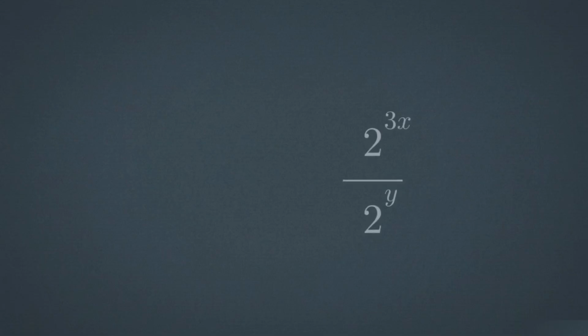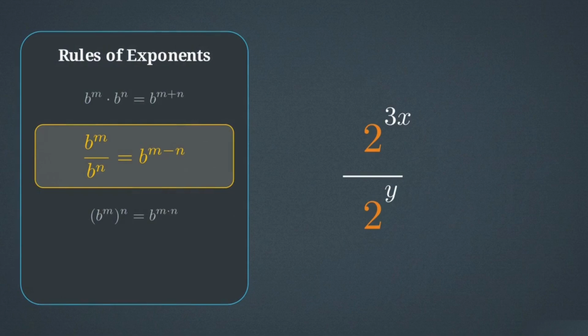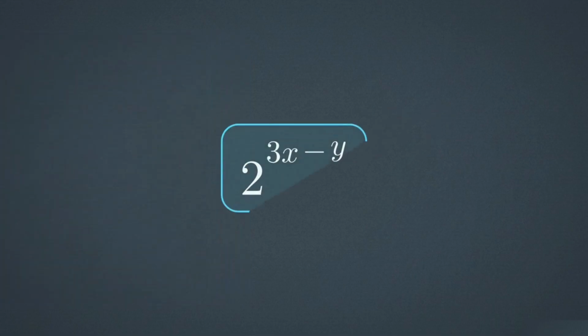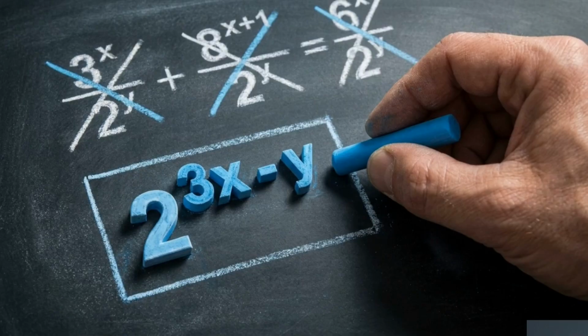Take a look at our updated fraction. Now, both the top and bottom terms share a base of 2. Since the bases match, we can use the quotient rule from our sidebar to combine them into a single term. We move the bottom exponent, y, up and subtract it from the top exponent, 3x. This flattens the fraction into the expression 2 to the power of 3x minus y. The complex fraction has been reduced to a single base and a single exponent, allowing us to incorporate the final